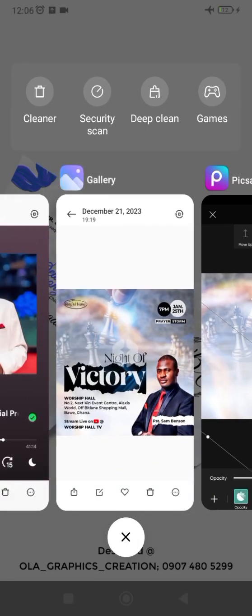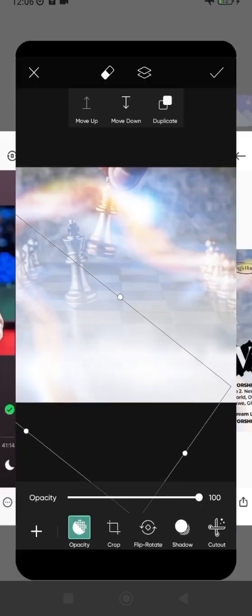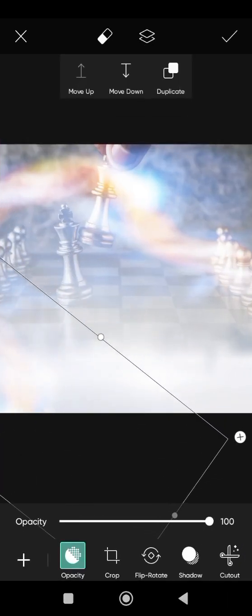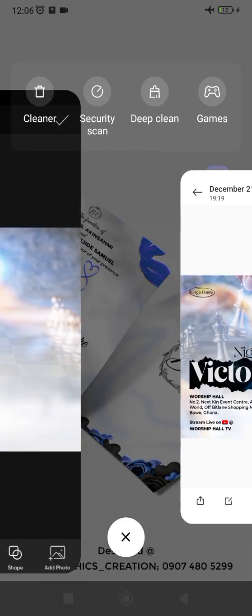Let's see the original design. I'm going to bring it down a little bit again, something like this. Let's see. Okay, so I think this is okay. Yes, I think this is okay. So we are done adding the light effect on